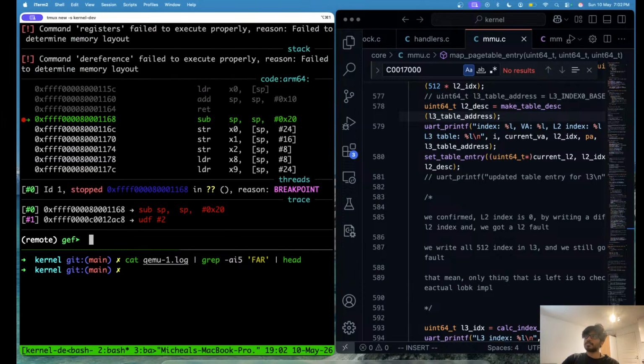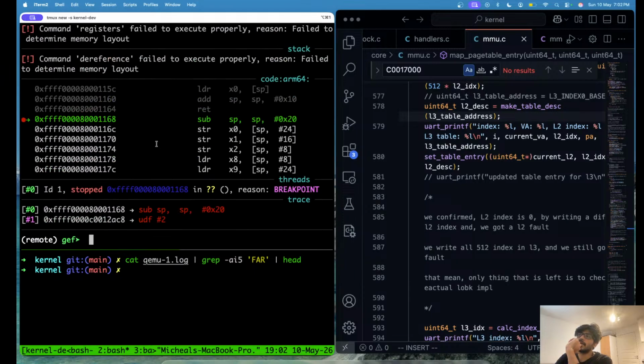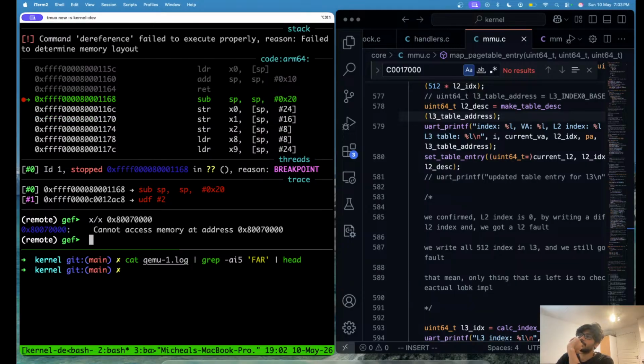I'm losing patience. Okay, now we have initialized the second context, and we have jumped into it, and then we have called block read, and now we are here. If we try it, it says no. So